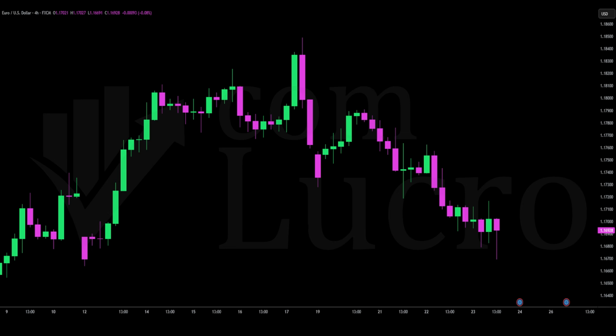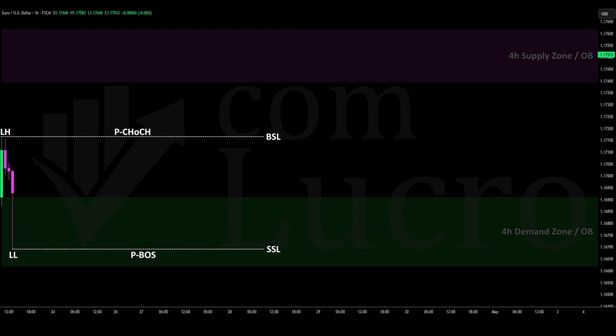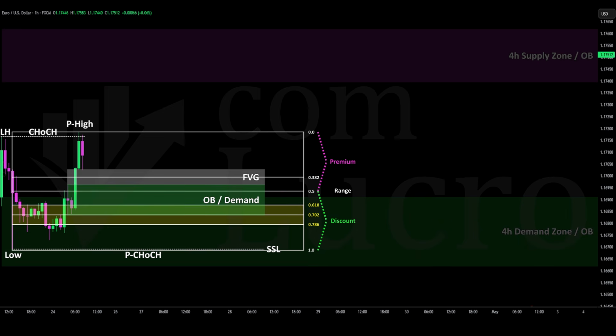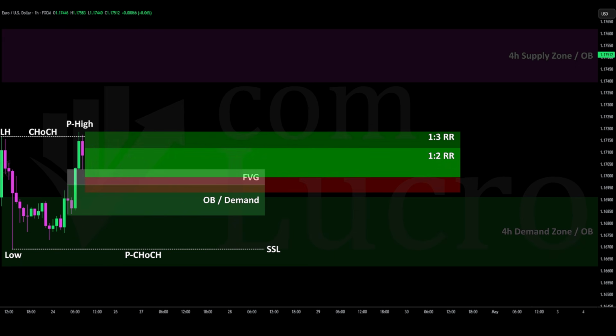Many traders enter fair value gaps without understanding the actual logic behind the setup. Some chase price after the move already started, while others get trapped by inducement and temporary reactions before the real movement even begins. In today's video, we are going to break down a complete smart money fair value gap strategy